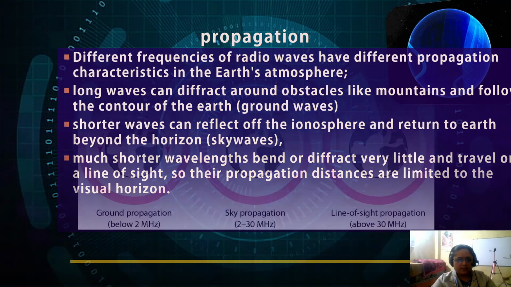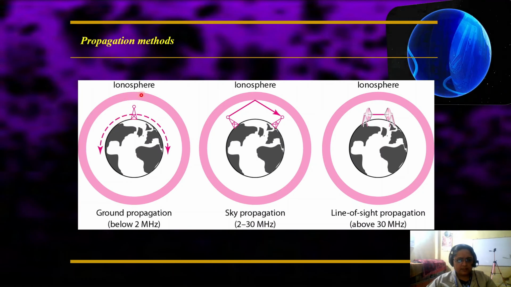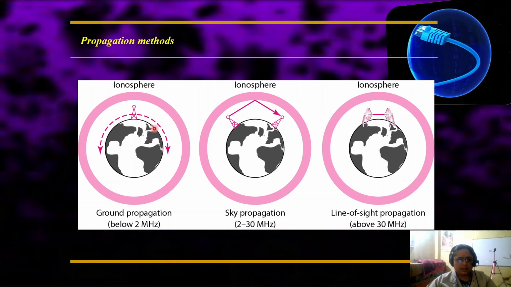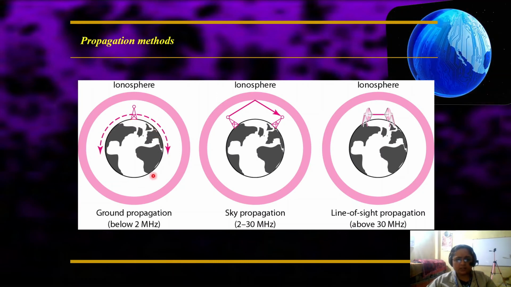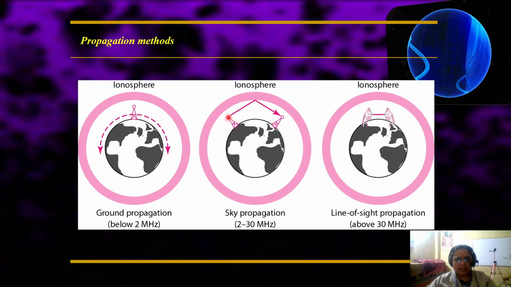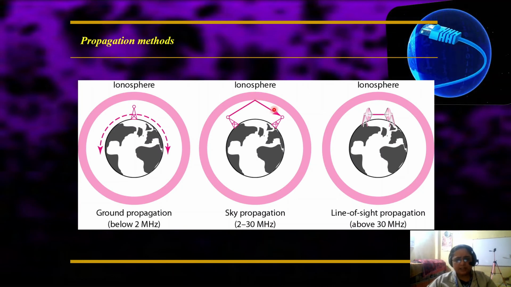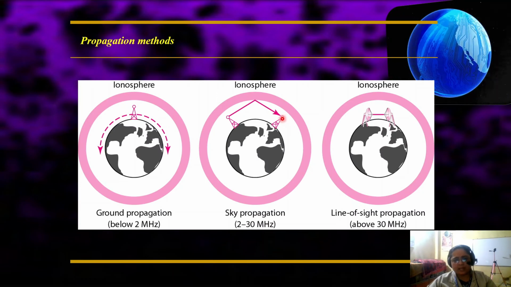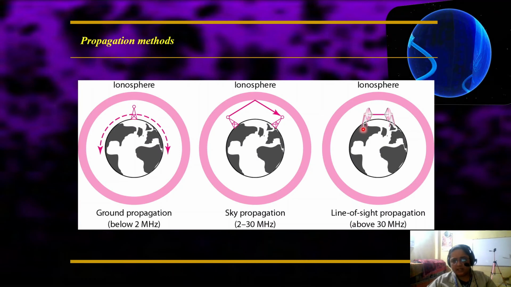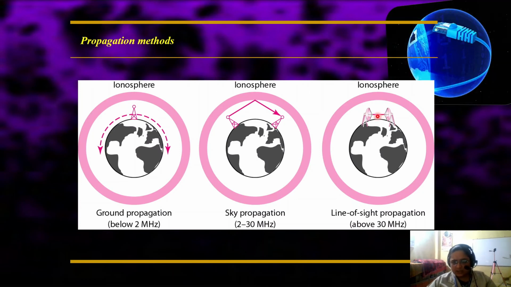Okay, so you can see it over here. This is the ground propagation. This is the ionosphere, and this is the ground propagation, which uses omnidirectional antennas, so the radio waves easily travel along the curvature of the earth. This is sky propagation, where the antennas first transmit the radio waves which hit the ionosphere. From there they are reflected back and received by another antenna. And this is the line of sight propagation, where we need a special type of antenna which are facing each other and using line of sight communication.